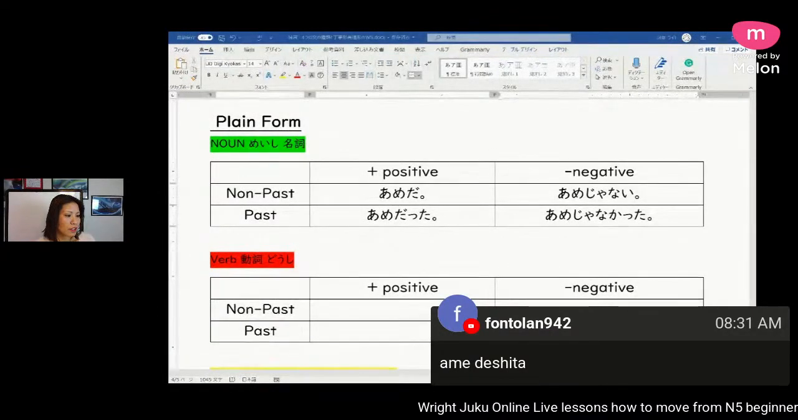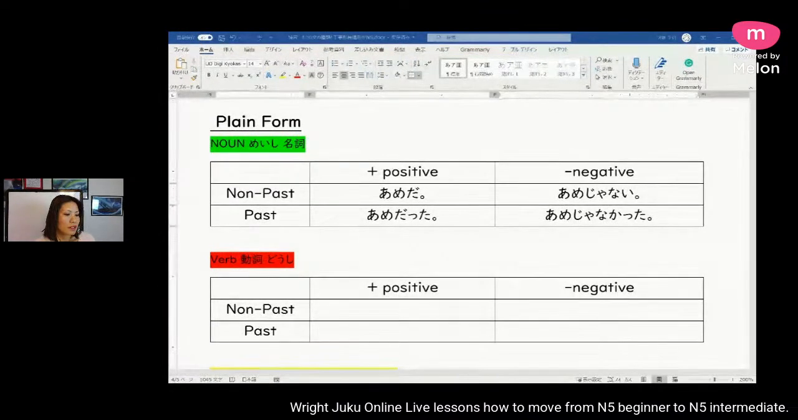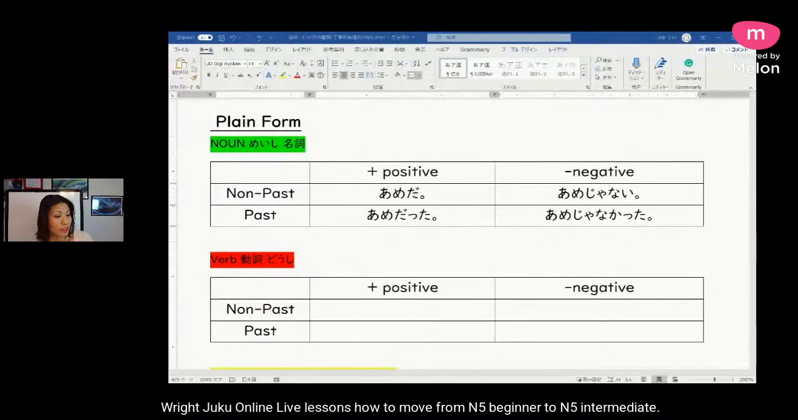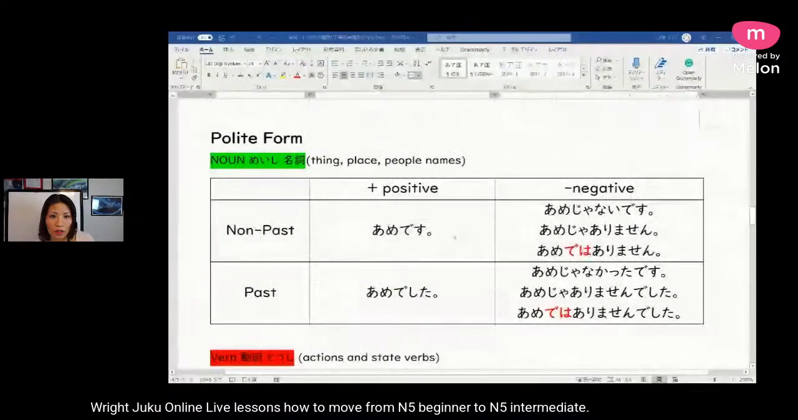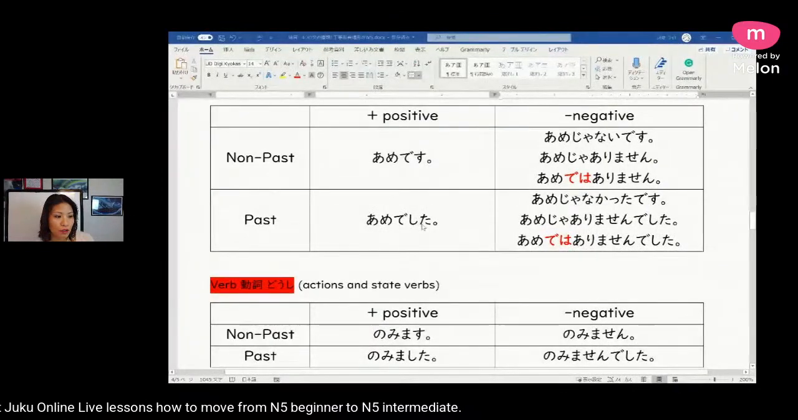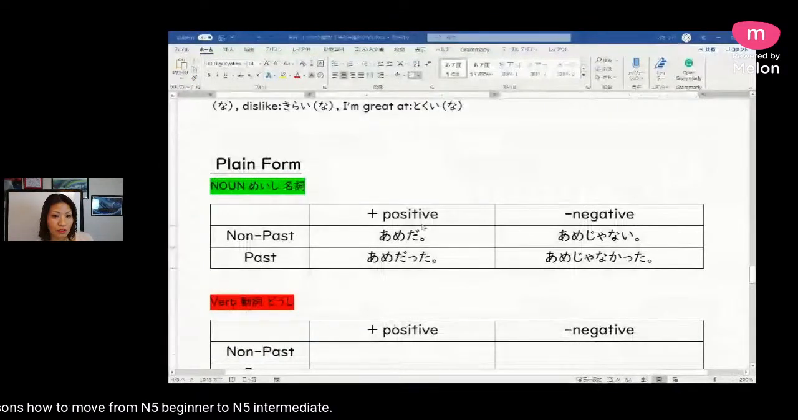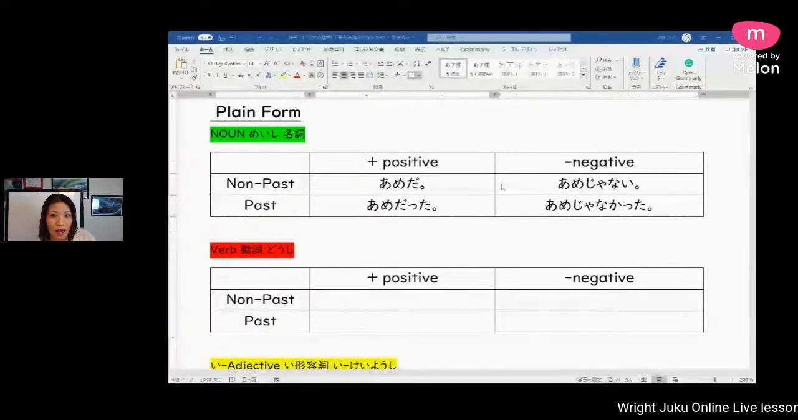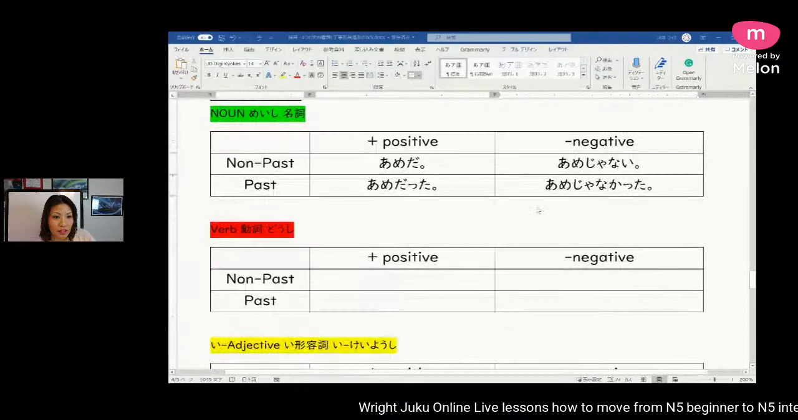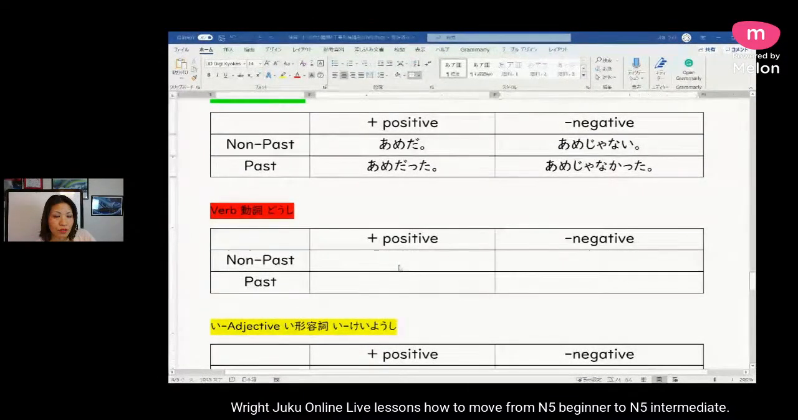Alright, so 雨でした. That's actually the polite form, not the plain form. We're talking about the plain form. So 雨だった. Yeah, see, 雨でした. Right, that's good. See, it's good to organize your thoughts. That's the beauty of organization here. All right, so ame, non-past, plain, 雨だ、雨だった、雨じゃない、雨じゃなかった。